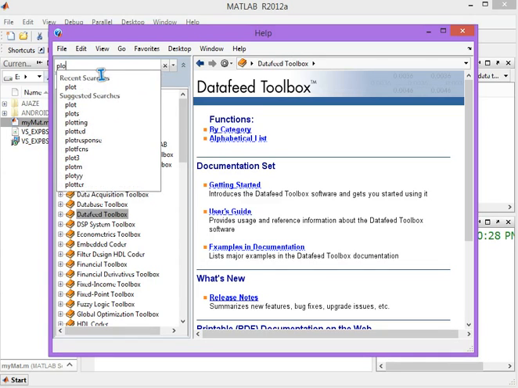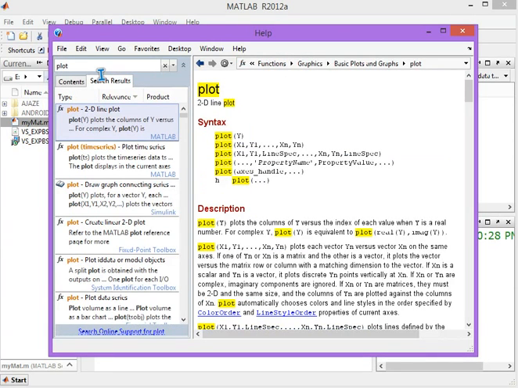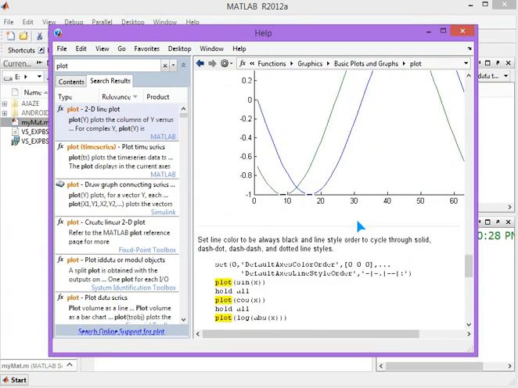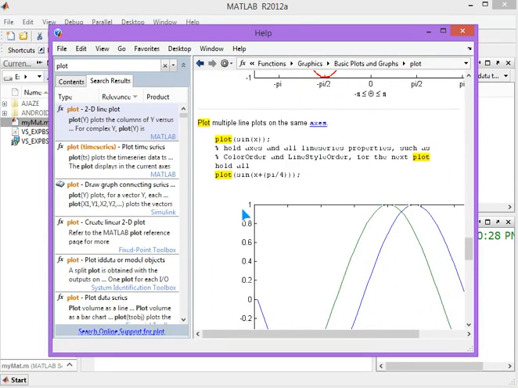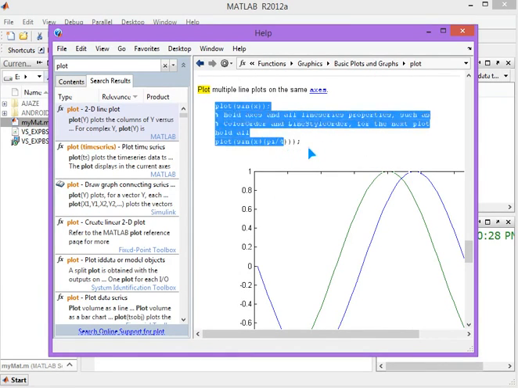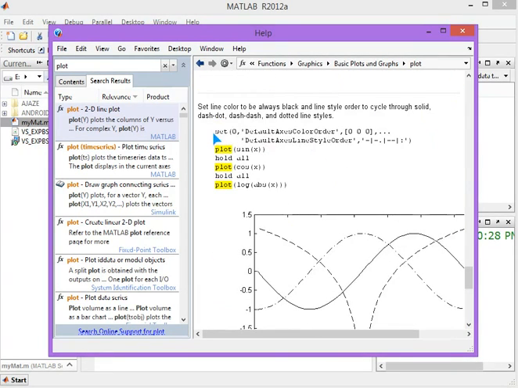We have examples also, and the best part is you can copy these commands and paste them. Just copy them and paste them. So let me try. And as soon as I did, a graph was shown.